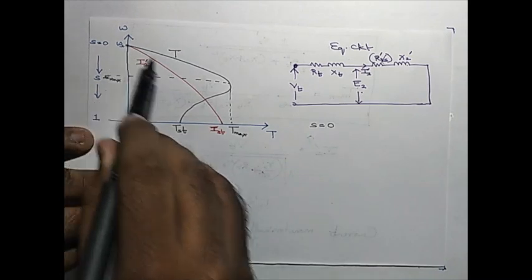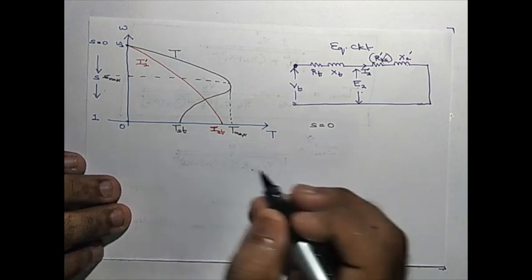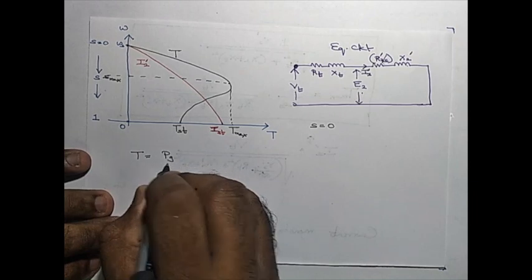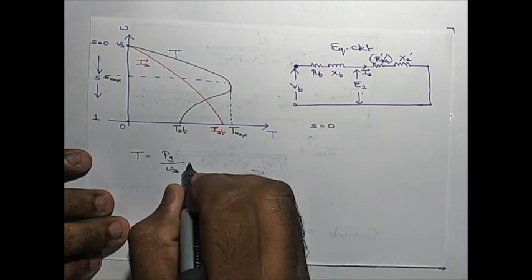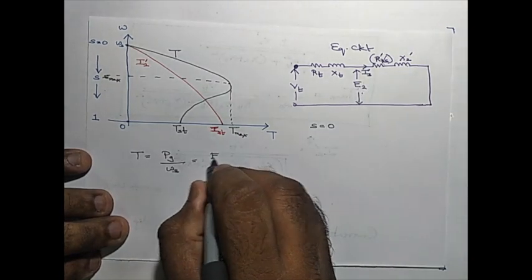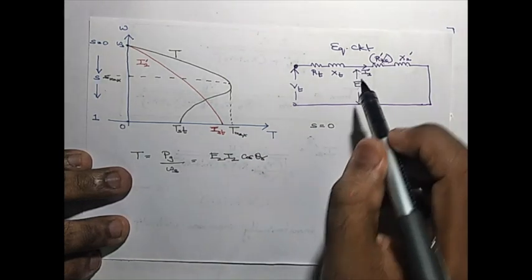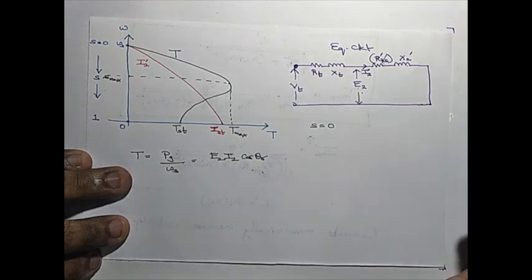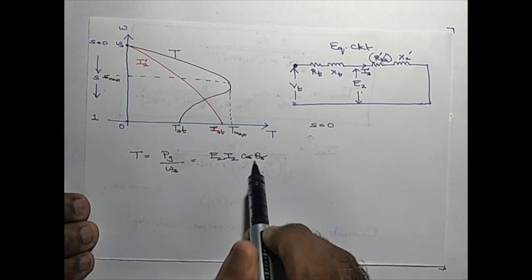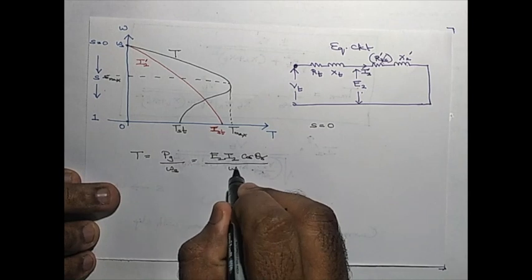Now, when S is equal to 0, we have already seen that current monotonically increases. As slip increases, current monotonically increases. We have also seen torque is equal to air gap power divided by omega S. And what is air gap power? Power in the rotor circuit, which is nothing but E2 I2 cos theta R, since it is an AC circuit. Theta R is the angle between I2 dash and E2. It's an AC quantity, so there can be a phase difference between I2 dash and E2. So cos theta R is the rotor power factor, divided by omega S.